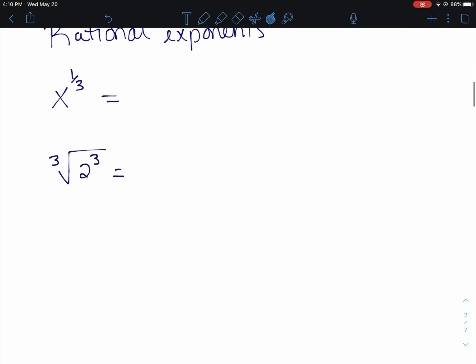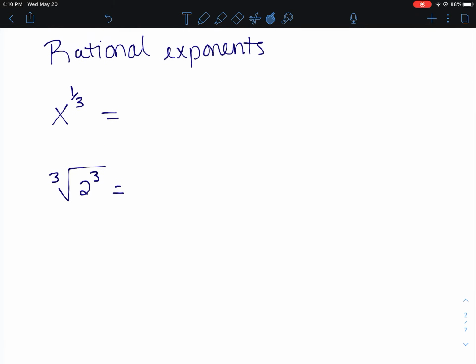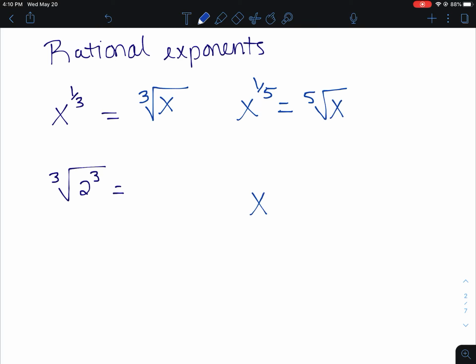So that's a little overview there. Rational exponents, this might not come up a ton in this first piece, but just so you remember, anything with a fractional exponent is really the same as a radical. So x to the 1/3 is the same as the cube root of x. X to the 1/5 is the same as the 5th root of x. If I had x to the 3/5, that's the same as the 5th root of x cubed. So the denominator there is the index of your radical, and the value up in the numerator is the power,